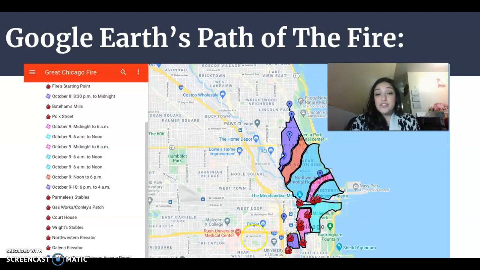Also, a lot of streets changed because of the fire as well. And we will also be showing certain streets, like Milwaukee Street. That street runs diagonally, and that's because the whole city had to be rebuilt because of the fire. So we will be showing